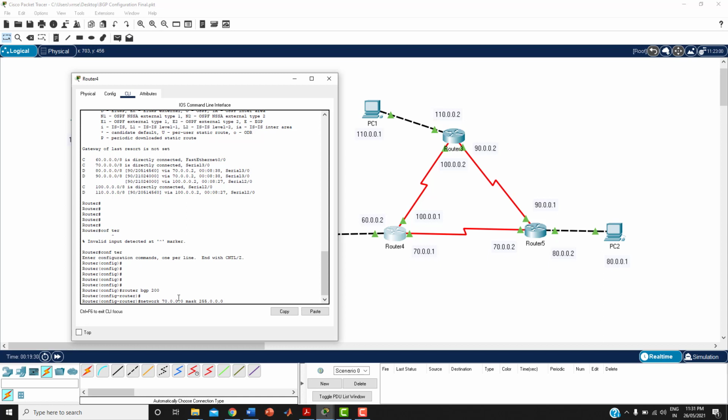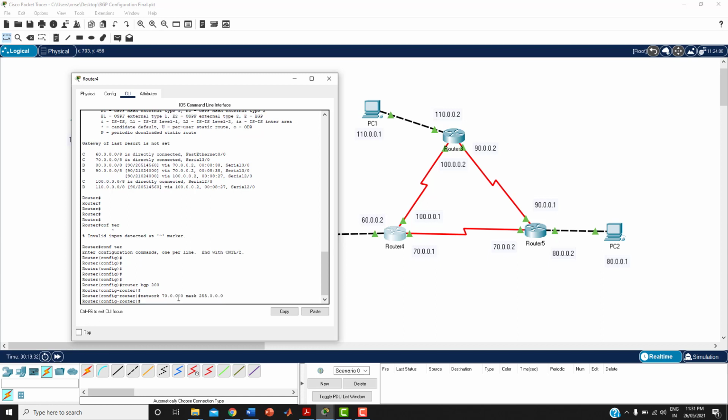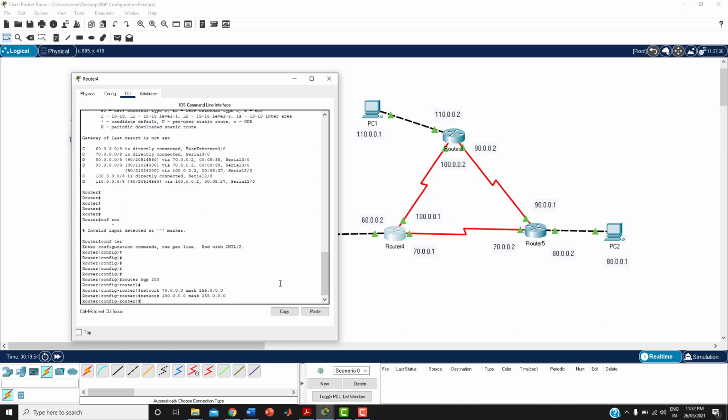This is directly connected there. The other side, 100, is directly connected. So I'm going to type network 100.0.0.0, mask 255.0.0.0. I'm selecting only the directly connected networks here. 60 already we have advertised. Now I'm advertising 70 and 100. I'm just going to stop with this.